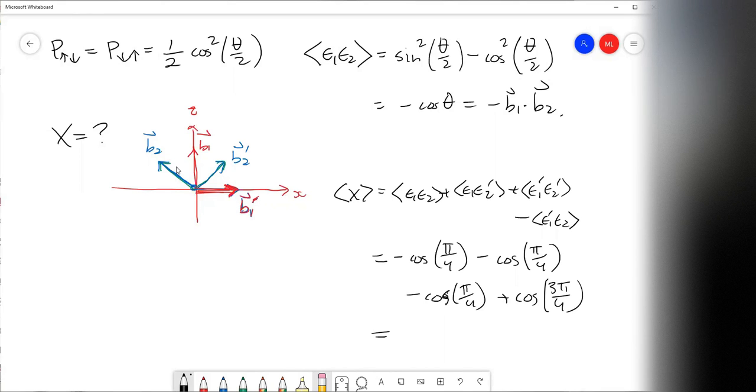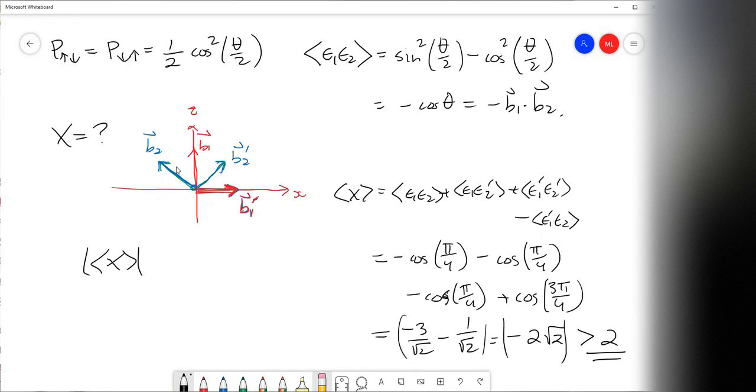And what's that? That's minus 3 over square root of 2 from these guys. And this one gives you a minus 1 over square root of 2, which is minus 2 square root of 2, which is bigger than 2. Well, the magnitude is 2 square root of 2, which is bigger than 2. So it violates